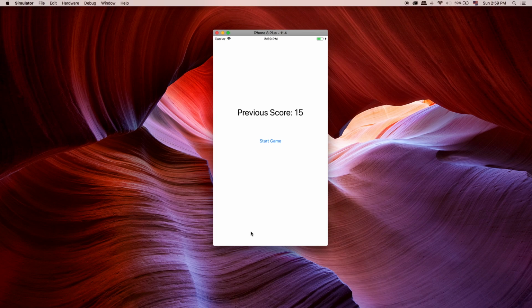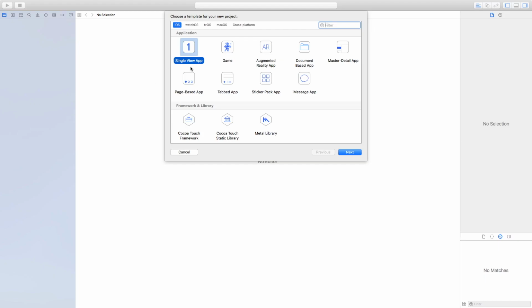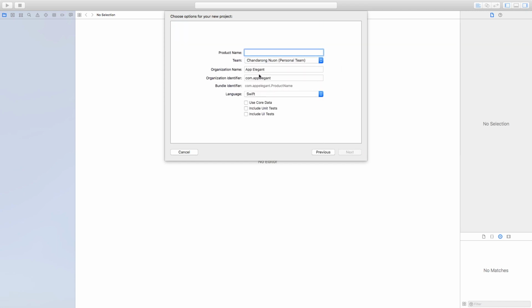And we will show you how to move from one view controller to another using Segue, and also how to move back using Unwind Segue. So let's write some code now. Let's create a single view app. Next, I'm going to put the name random